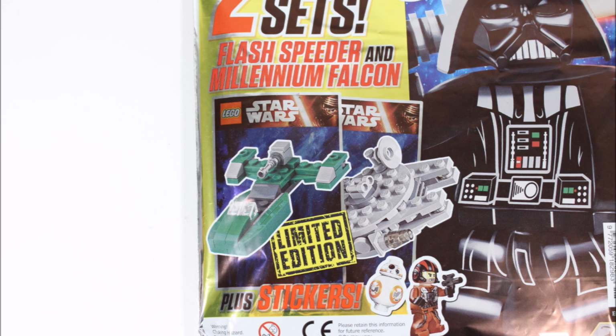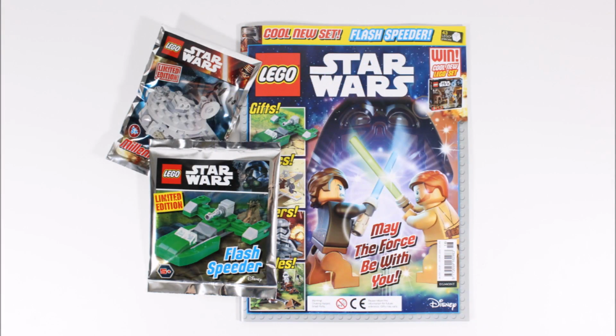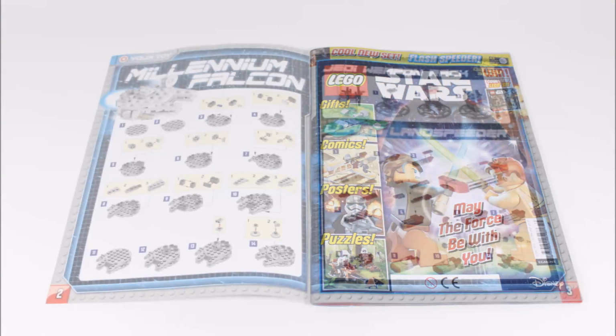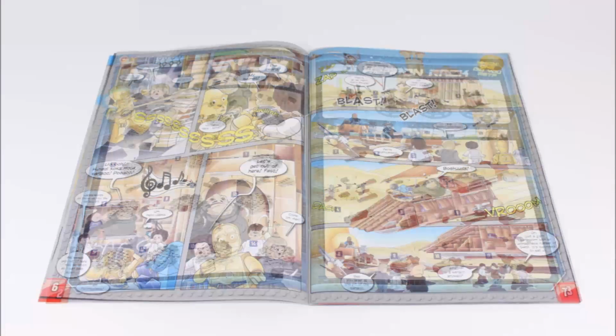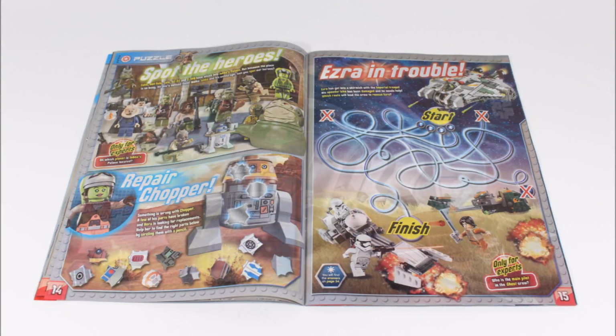Now the whole bumper issue comes in this silver packet, which contains the magazine and both LEGO builds separately. So if we flick through the magazine, inside we have the instructions for the Millennium Falcon and instructions for a Jedi weapon rack and Luke's land speeder, which must be the other two mystery gifts from previous issues. And you probably get these if you live in different countries or regions, but we're pretty pleased with the Falcon we got. There's also a cool Star Wars comic and Ezra in Trouble game, then a useful fact file on